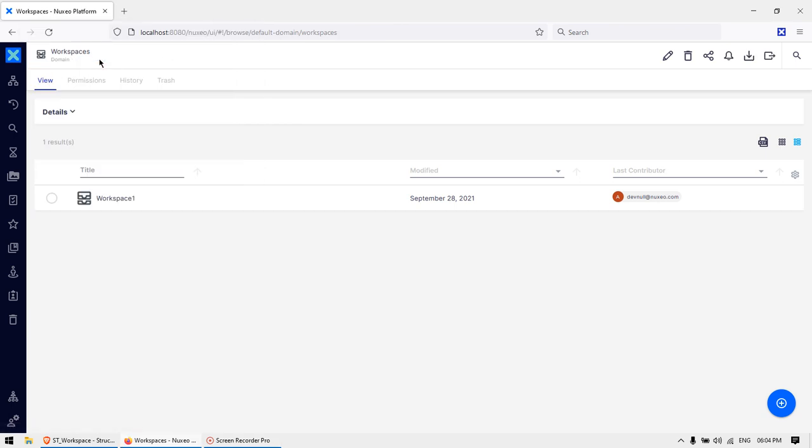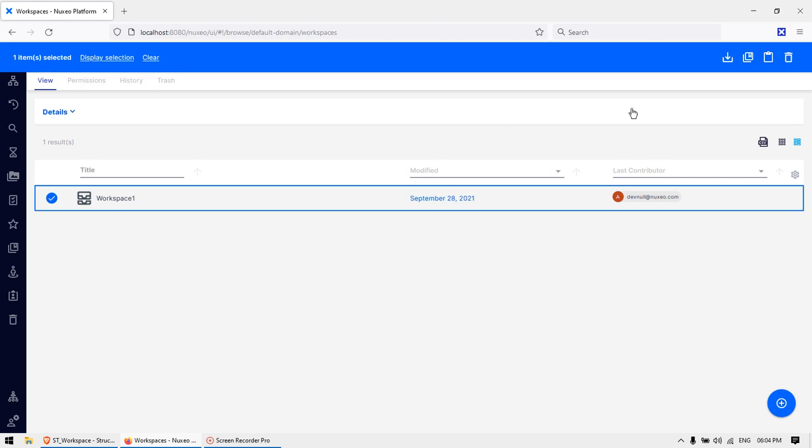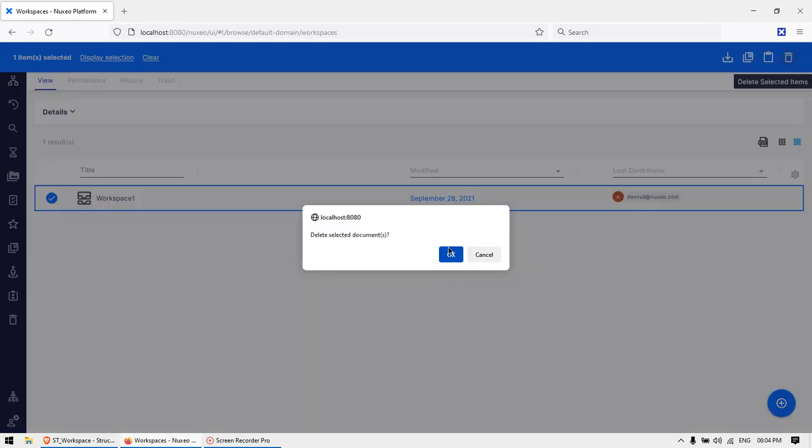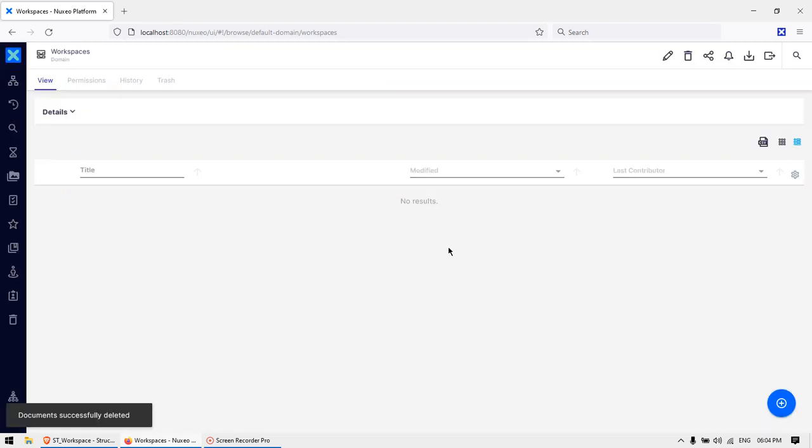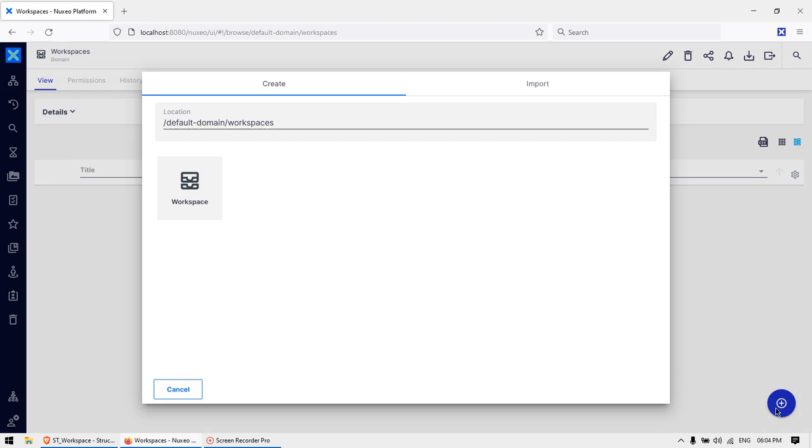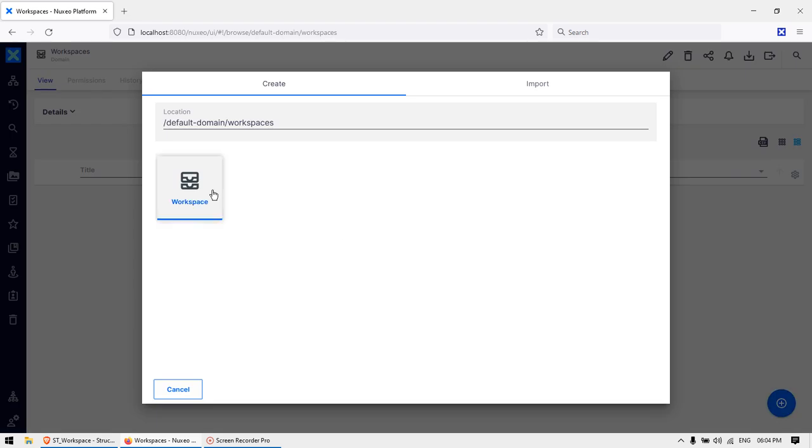In this session, we are just going to see the Nuxio workspace. Whenever you are going to create a workspace, by default you need to have a couple of document types predefined. So let's see how we are going to do it with the help of structure templates on the Nuxio modular platform. Okay.